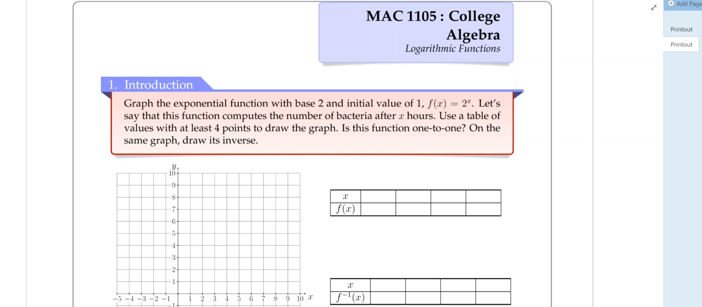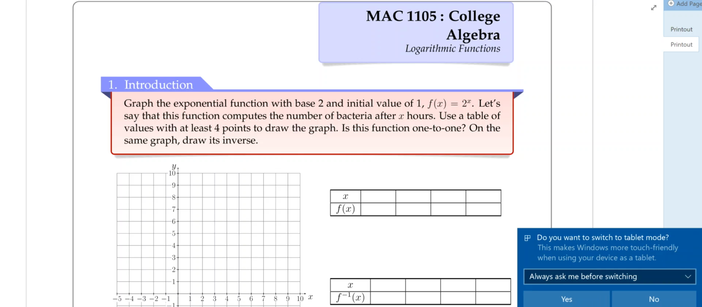The last type of function we're going to study is the logarithmic function. And the logarithmic function is the inverse of the exponential function. So we're going to build up our log functions from our knowledge of exponential functions. So we're going to start with graphing the exponential function with base 2 and initial value of